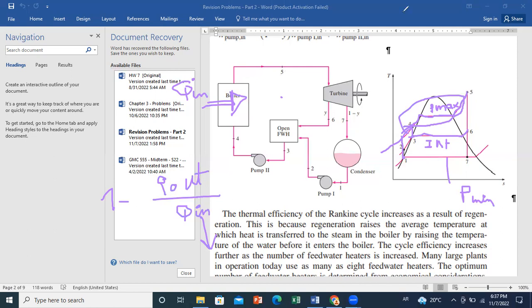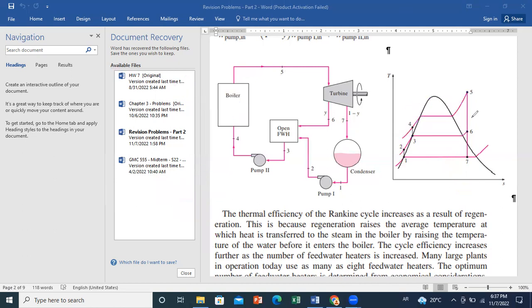Because if you don't use this process, let's say you will go directly from this point to this one, then if you compare the two cases, you will save this part of heat, because you will heat from point 4 now instead of heating from this point here. So this area will correspond to the savings you will make in Qin,